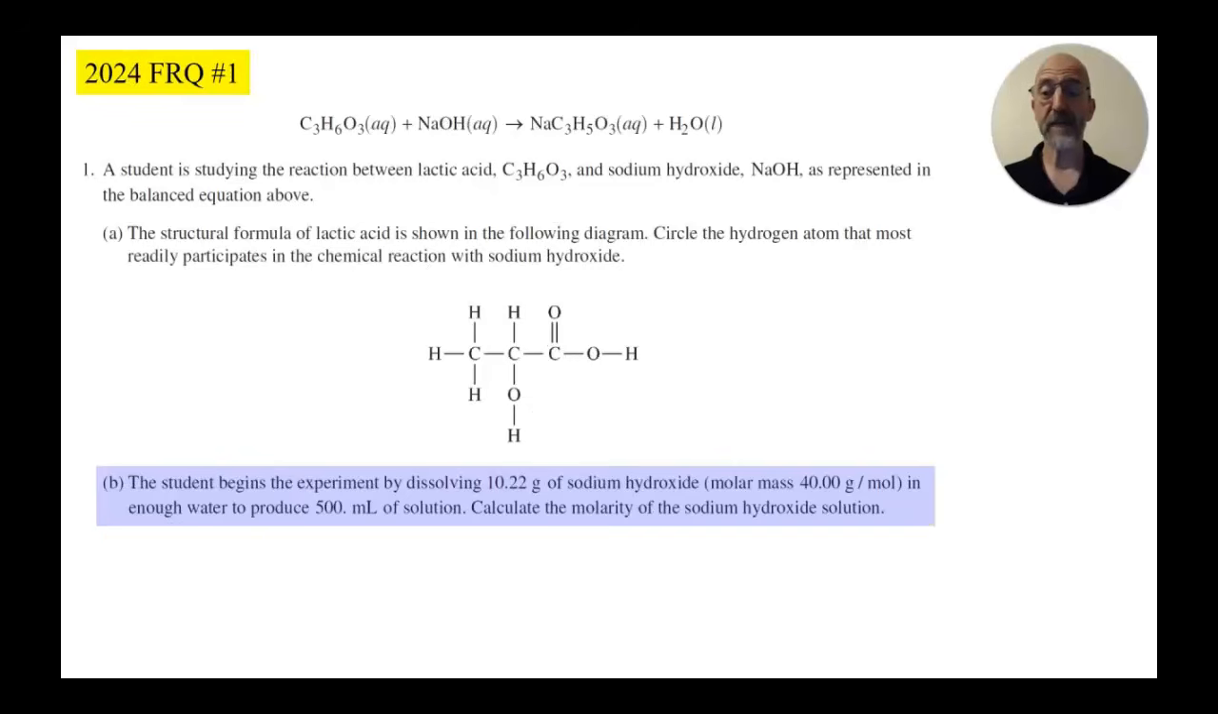This question from the 2024 AP Chemistry exam has to do with a molarity calculation. Now, this is not M1V1 equals M2V2. We're not doing a dilution. We are simply dissolving 10.22 grams of sodium hydroxide, molar mass 40 grams per mole, in water to produce 500 milliliters of solution. Now, in my classroom, I tell my students all the time, I would love it if you